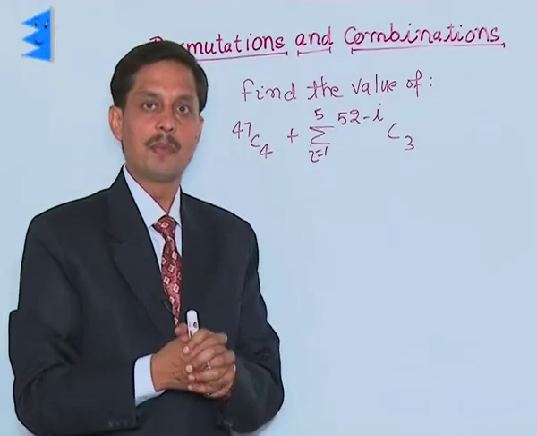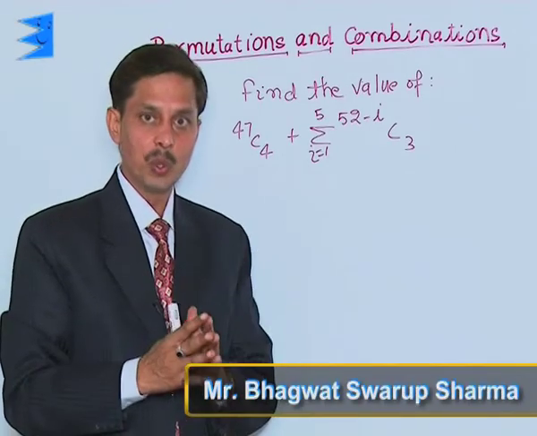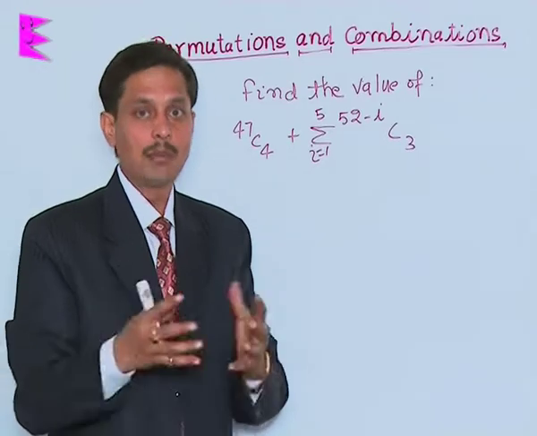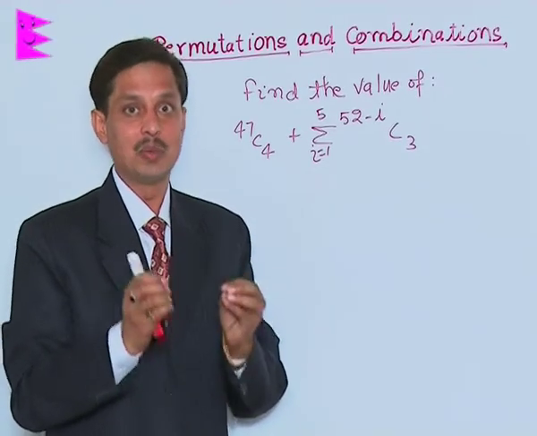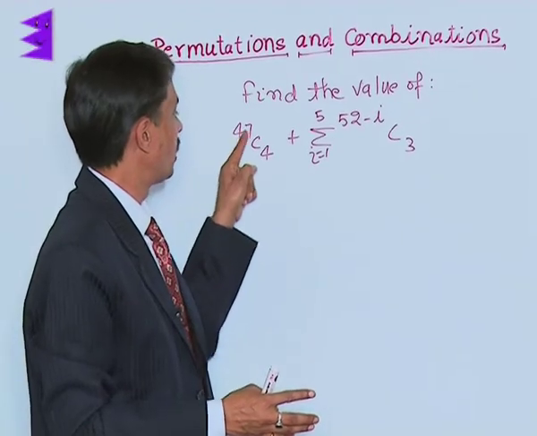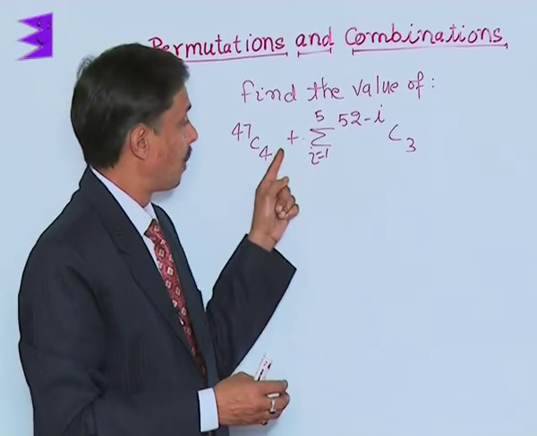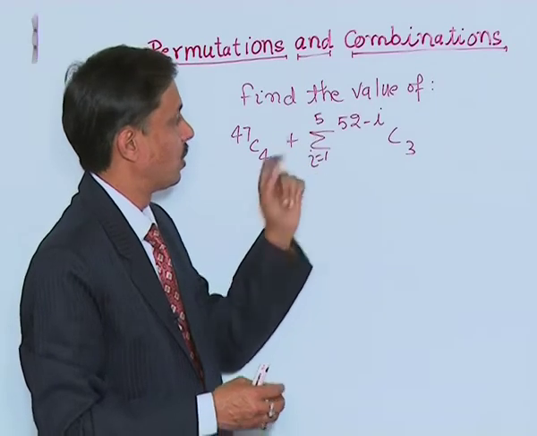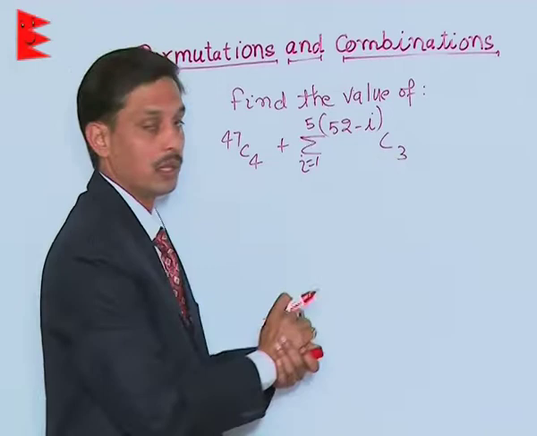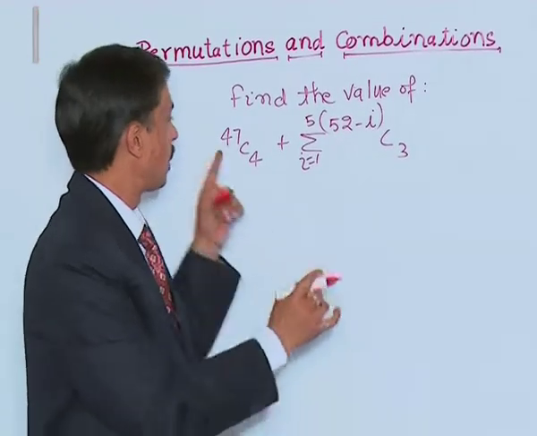Now I am taking a problem where we will see how the value of the sum of a few combinations is calculated. The problem is: evaluate 47C4 plus sigma i equals 1 to 5 of (52 minus i)C3. So first of all, I am writing